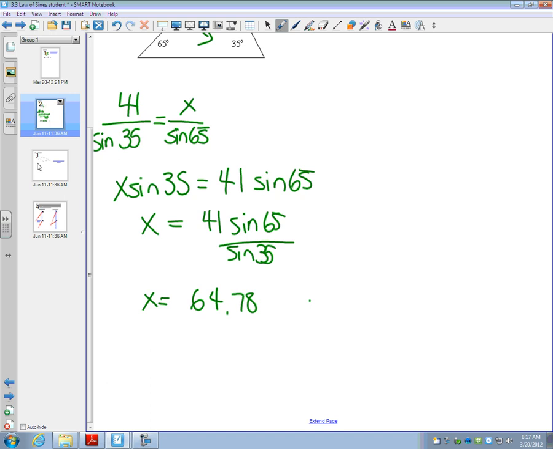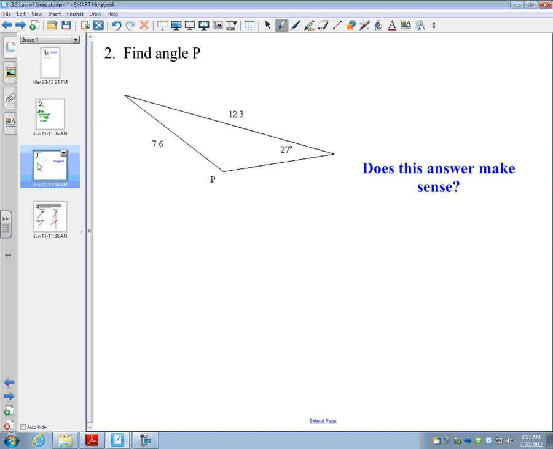Okay, something we have to be careful with in the sine law, we're going to see right now. So here we can set up that same ratio again. The ratio of 7.6 to the sine